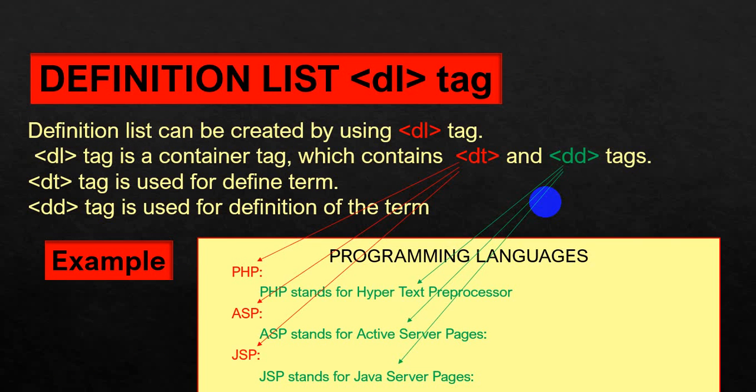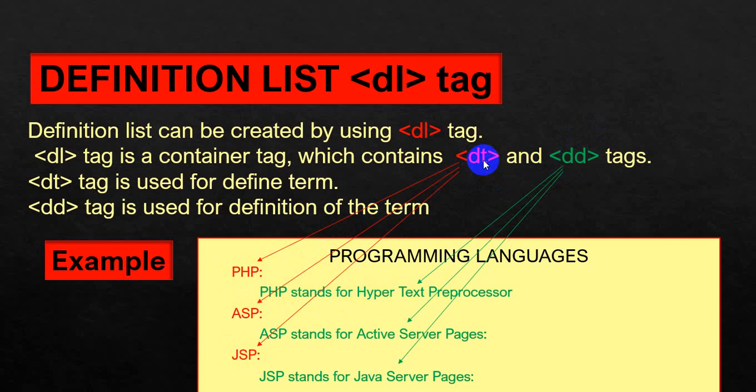And inside DL tag we have to use two tags, one is DD and one is DT. Okay, where DT tag is for defined term, means which term you want to define. Like I have highlighted DT tag as PHP, ASP, then JSP. So these terms can be defined by using DT tag, and the actual description of these terms can be displayed by using DD